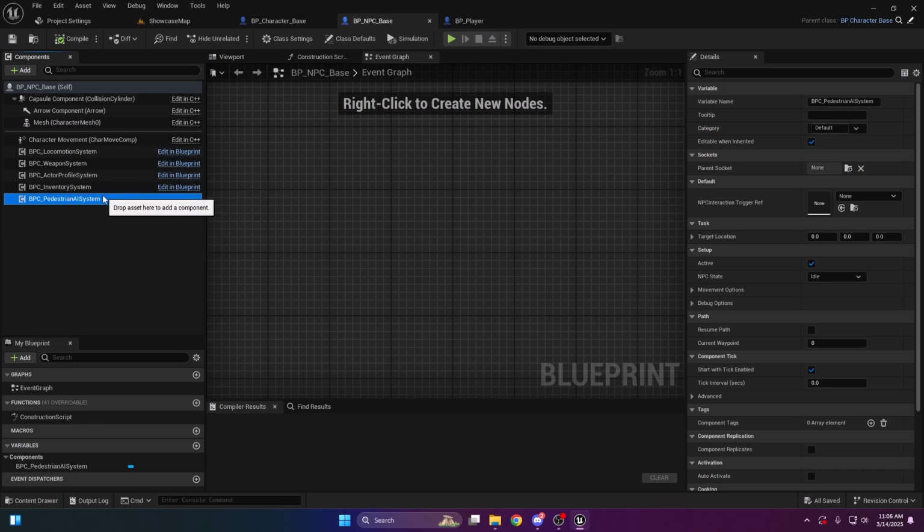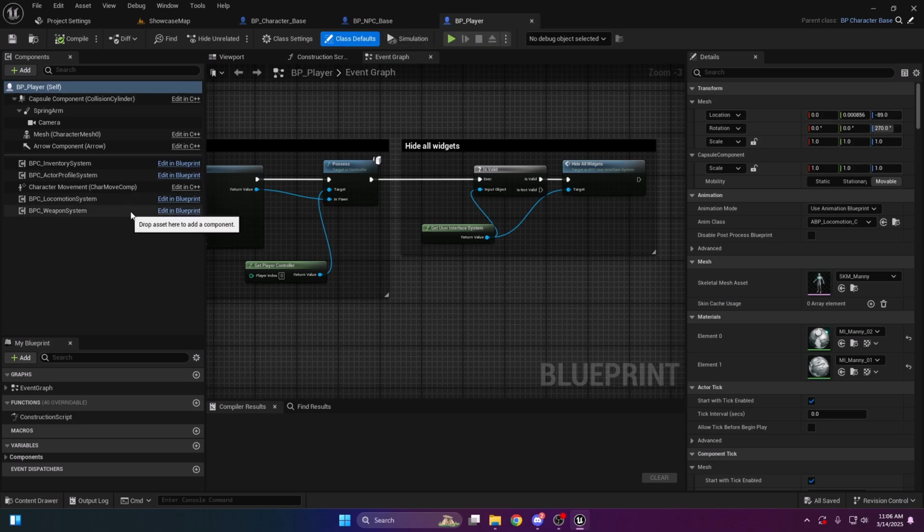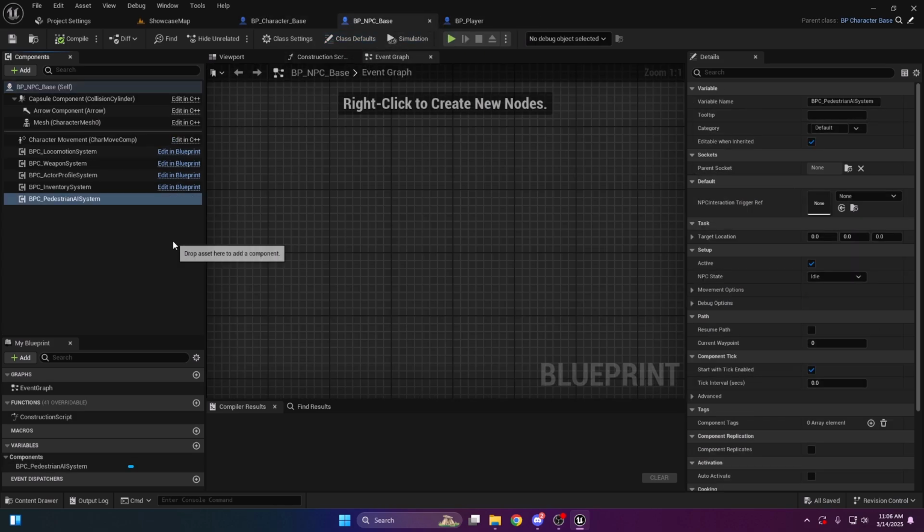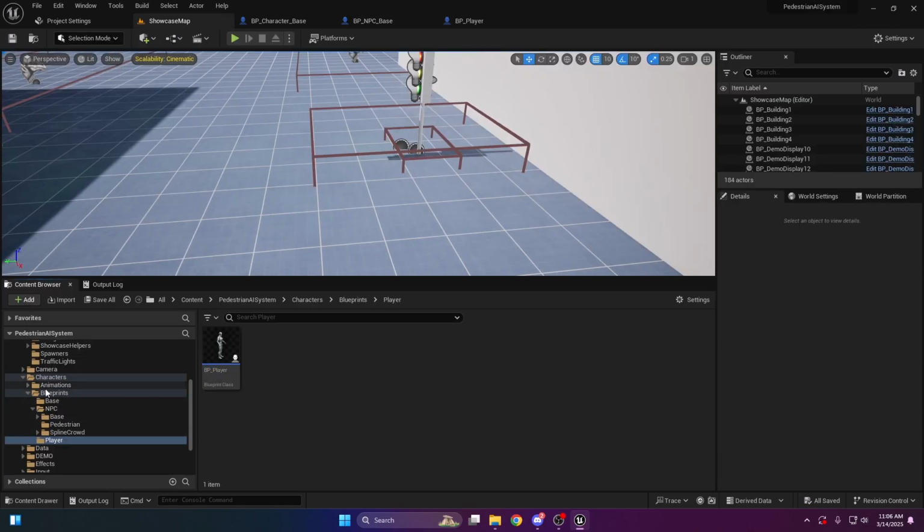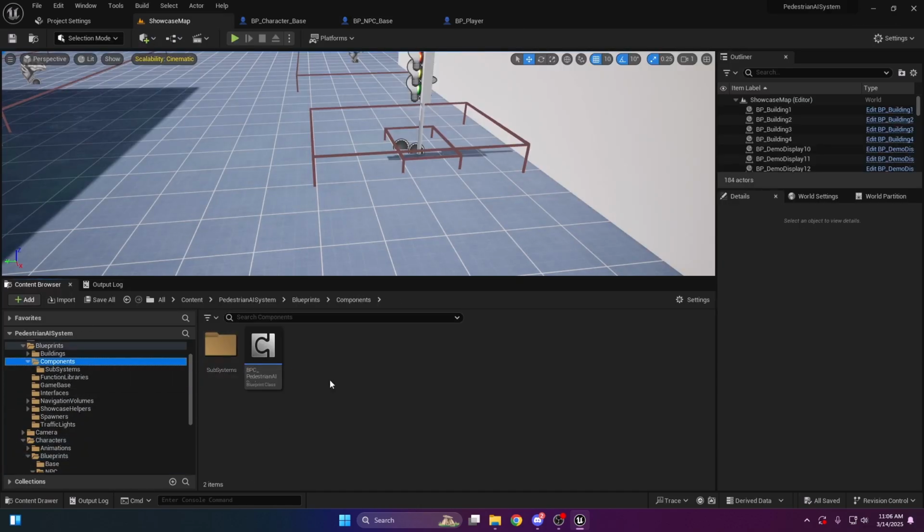So we don't need to necessarily include that component inside BP player character, because it is controlled by the player. Therefore, it is not driven by any sort of AI logic. Okay, so if I go to this pedestrian AI system component inside our components folder,